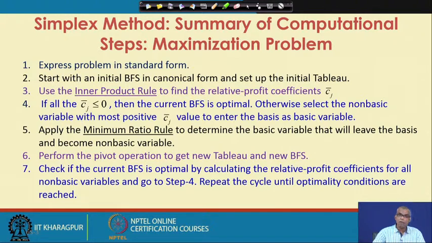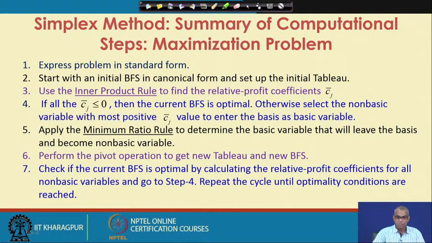If all C j bar is less or equal to 0, then the current basic feasible solution is optimal. Otherwise, select the non-basic variable with most positive C j bar, that is relative profit coefficient,